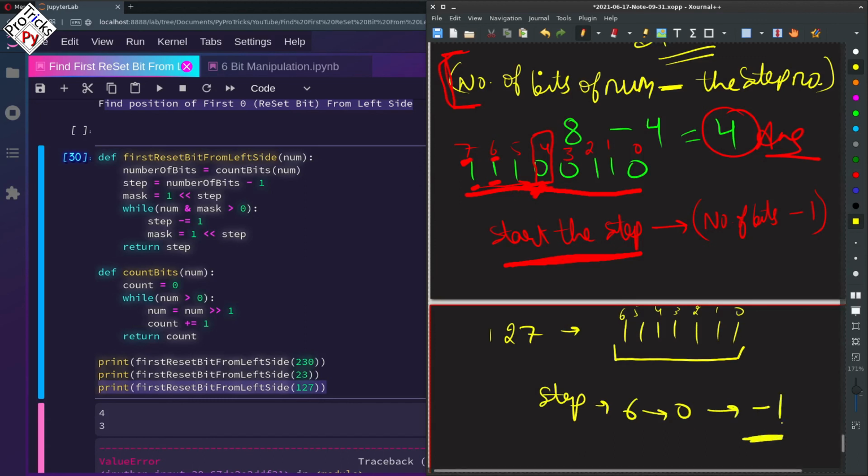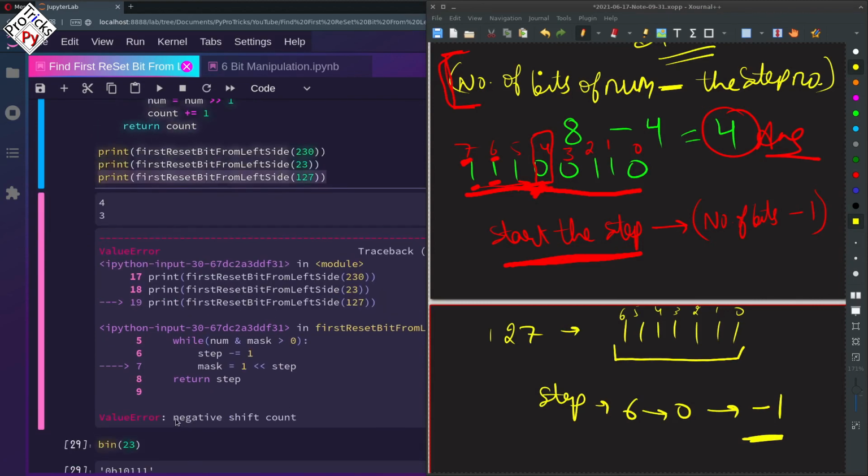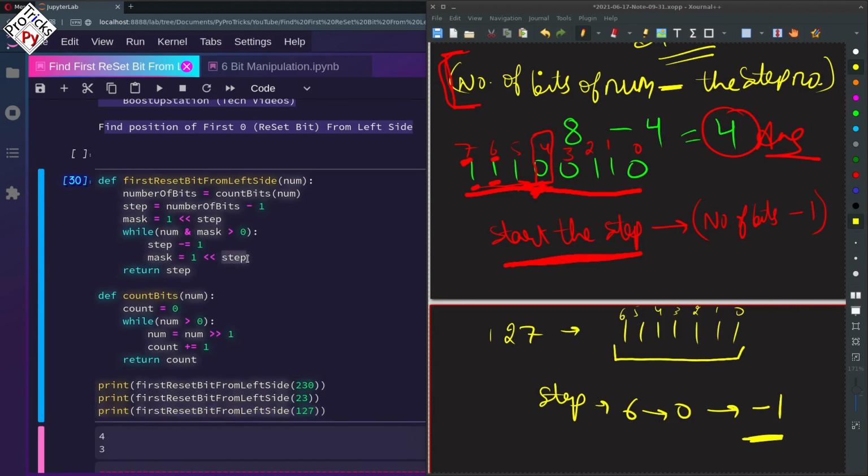That is why we are getting this error here. It says negative shift count, because in this step we are left shifting 1 by negative 1, which is not the correct format. So let us fix this.